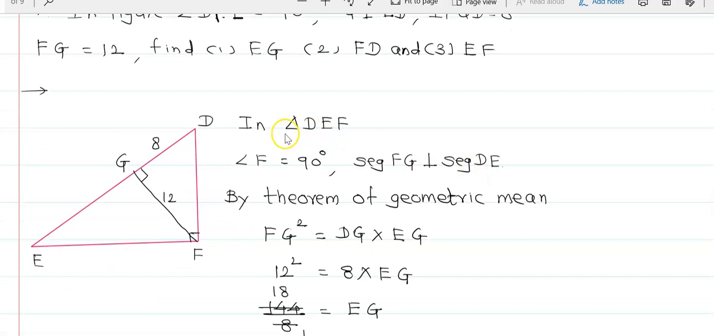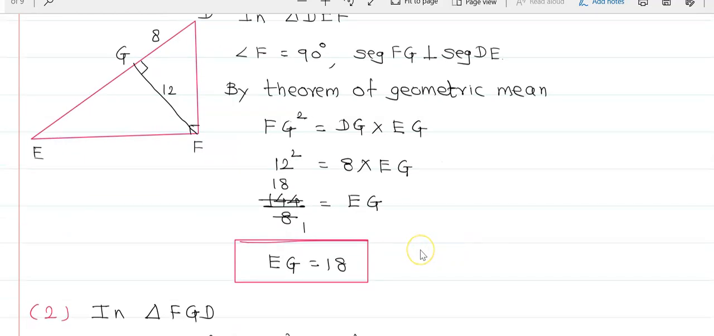Now see this in this triangle DEF, F is 90. FG is perpendicular to DE. By the theorem of the geometric mean, FG square is equals to GD into EG. Therefore, 12 square is equals to 8 into EG. Therefore, 144 upon 8 is equals to EG. Therefore, EG equals to 18. Again, in the triangle FGD,